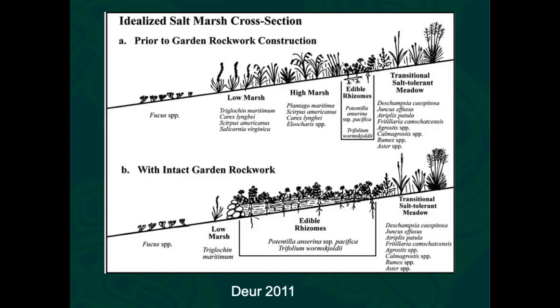This is a great diagram from one of Doug Dewar's papers in 2011 that shows a kind of an unmodified, air quotes, natural salt marsh, where you've got marine species here. Fucus is a marine algae, up to low marsh, high marsh, and then our edible rhizomes, and then the transitional salt-tolerant meadow. So kind of a natural gradient in these edible rhizomes are occupying a very small part of this